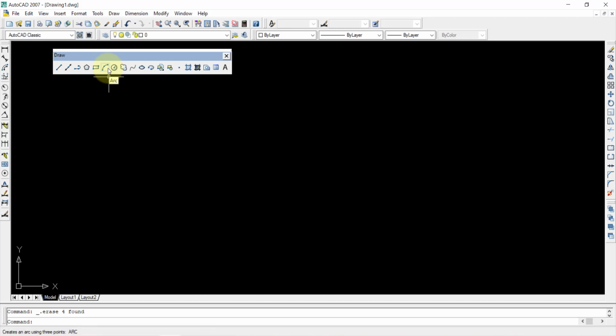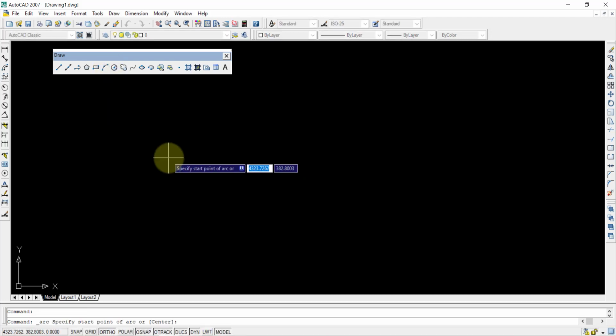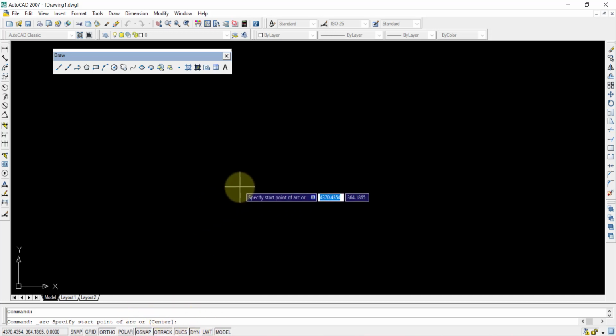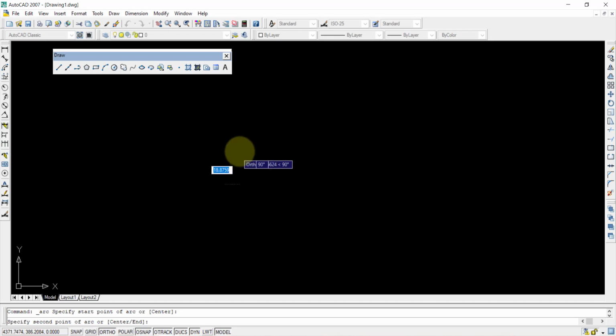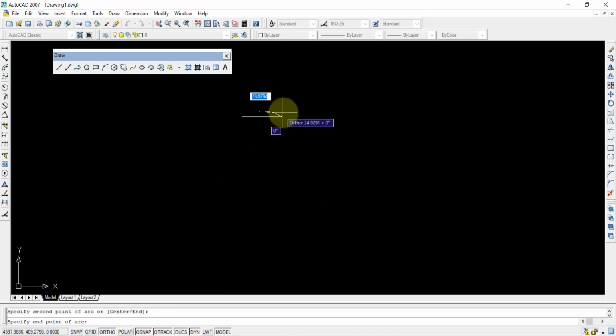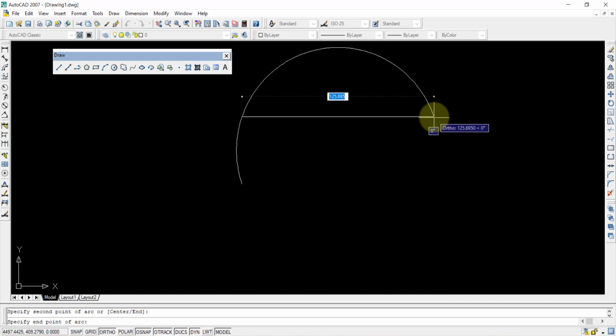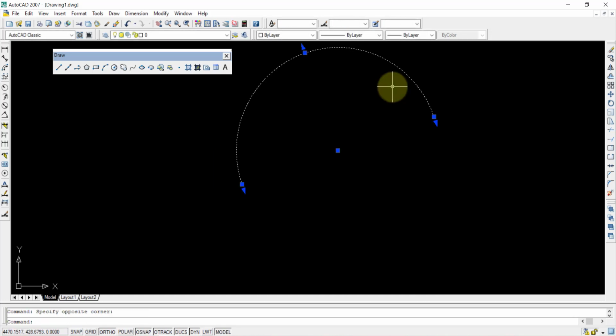So next one is the arc command. When you click on the arc command, you can see it says specify starting point of the arc, or we also have center. So whatever it is, we can do. I am selecting the first point here. Then it is asking to specify the second point. Somewhere here I am giving the second point. Then we can give the third point depending on the chord size, that is this length you can see here. The chord size whatever I am giving, the arc is changing here. So in this way we can give the 3-point arcs.